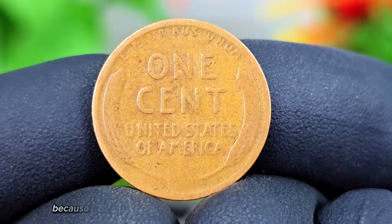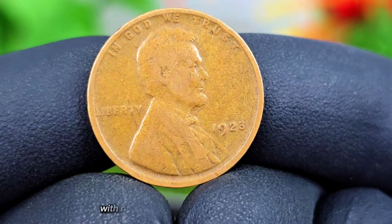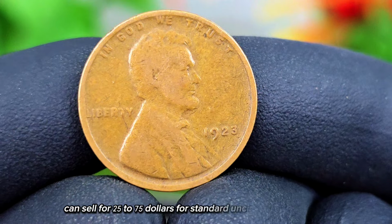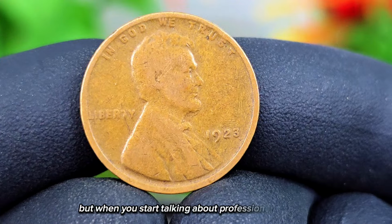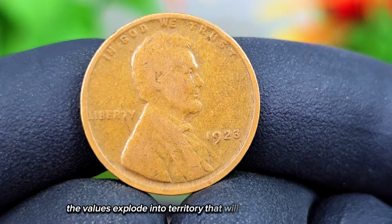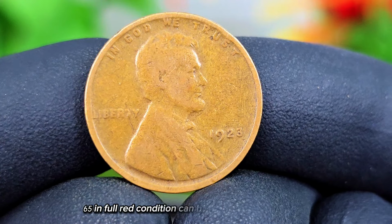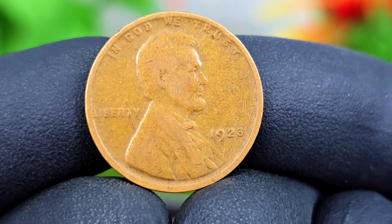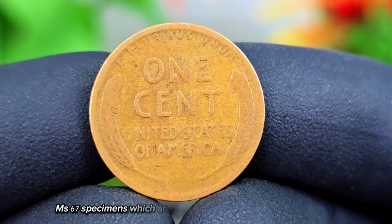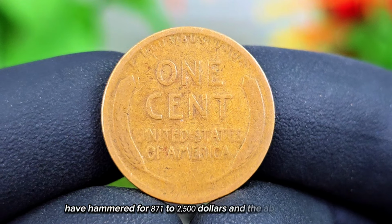But now hold on to your seat, because here is where the values become absolutely mind-blowing. A fully uncirculated 1923 Philadelphia penny with no wear whatsoever and beautiful original red or red-brown color can sell for $25 to $75 for standard uncirculated examples. But when you start talking about professionally graded high-end specimens certified by PCGS or NGC, the values explode into territory that will make your jaw drop. A 1923 penny graded MS65 in full red condition can bring $150 to $500 at auction. MS66 examples have sold for $600 to $1,200. MS67 specimens, which are incredibly rare and highly sought after, have hammered for $871 to $2,500. And the absolute finest